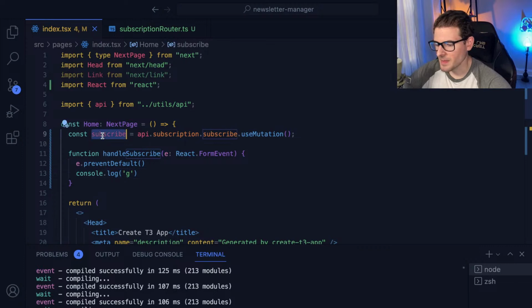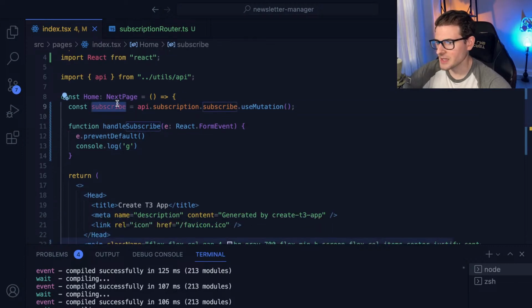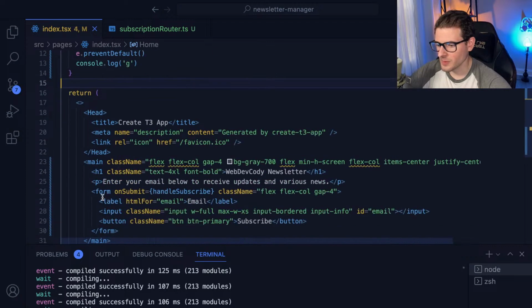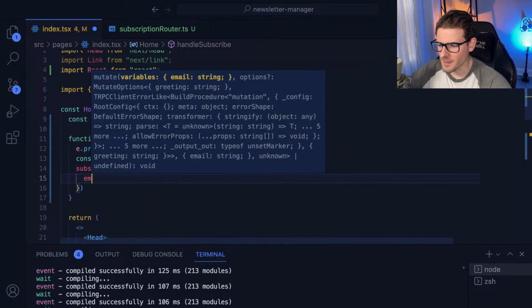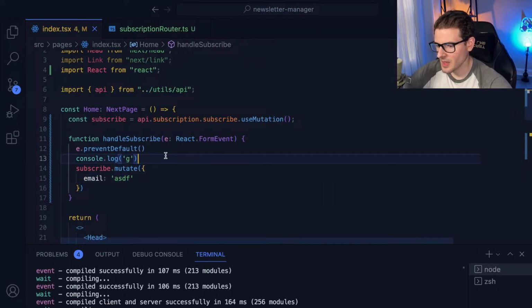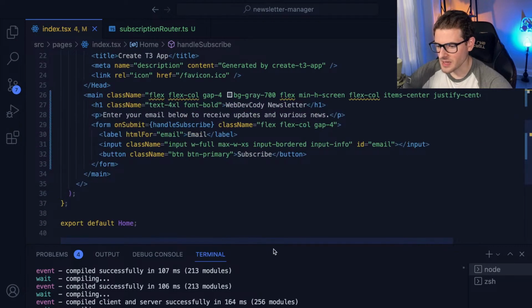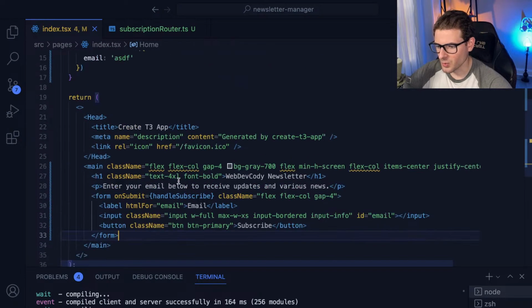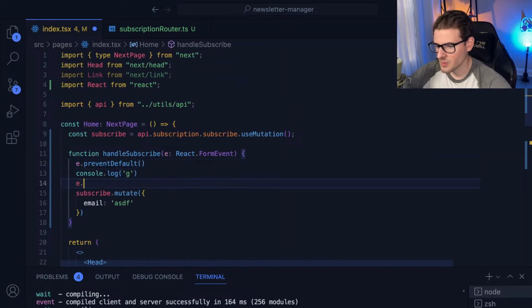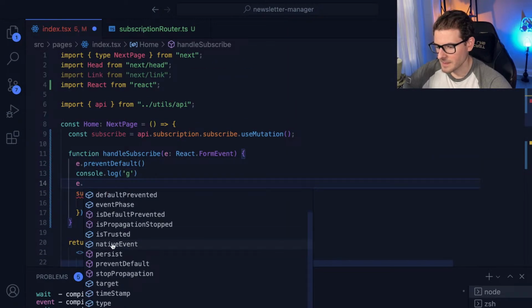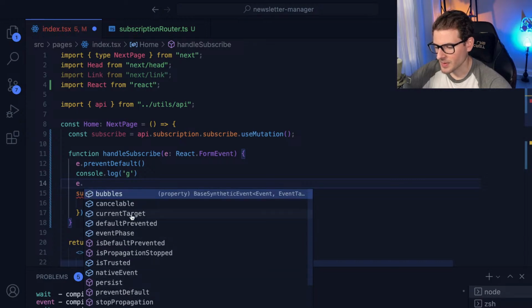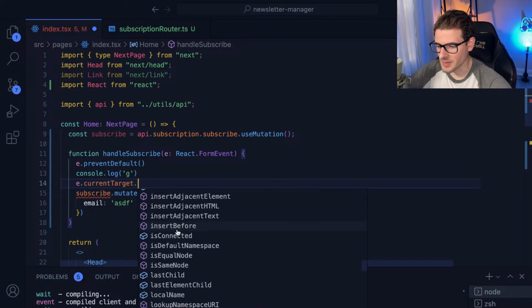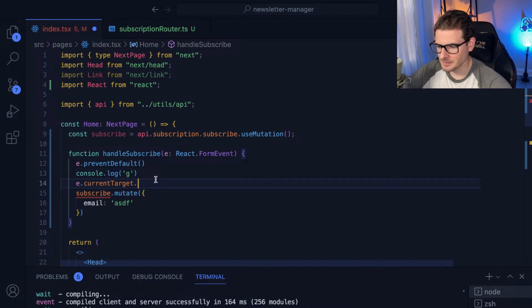And when you do that, it gives you an object that has things on it. And in our case, when they actually hit that subscribe form submit button, we want to go ahead and call mutate and pass it the required field, which would be email. But right now we don't have access to the email. I mean, we could do it the uncontrolled way where I believe E would have the data on it. I don't remember how to do it, honestly. I always use state when I'm keeping track of fields. So I might just do that.